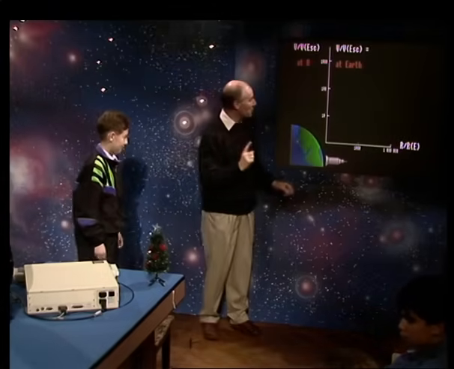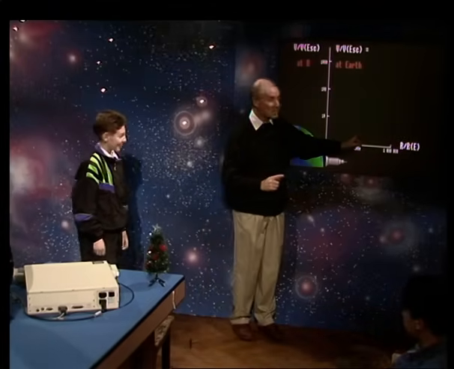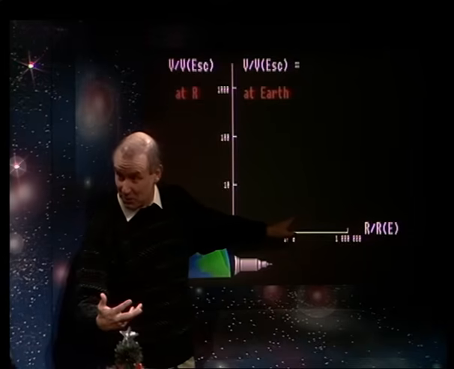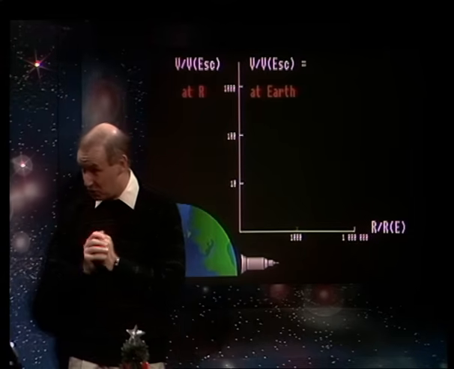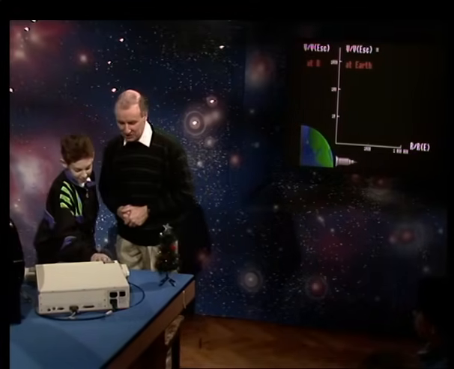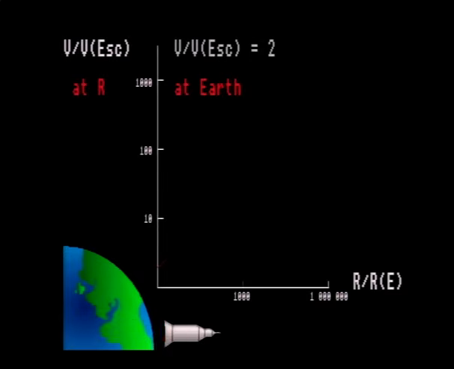Now, see, there's an important point. When we move away from the Earth, the escape velocity gets smaller, and also the velocity of the rocket gets smaller. But how does the ratio of the two change? Okay? So let's put in 2 first of all, and then return. So if you just put 2 and then press return, we'll see what happens. There goes the rocket. Lovely. Okay? Now let's see what happened.